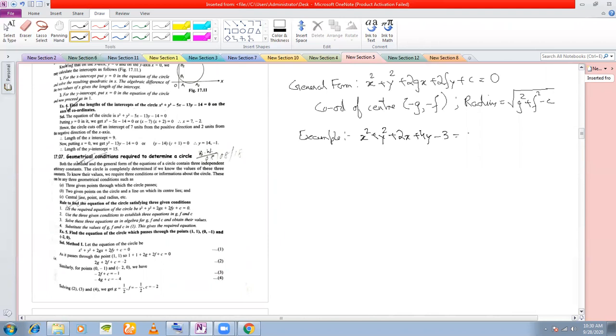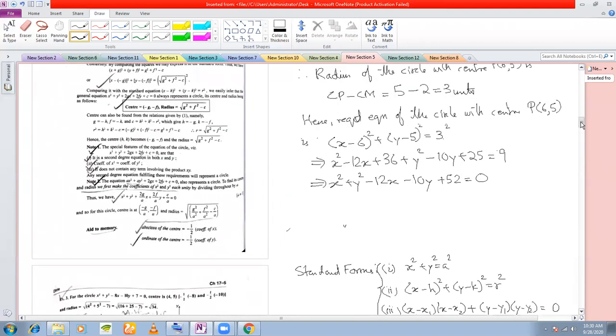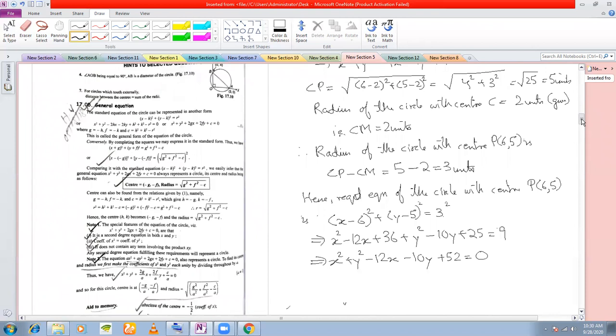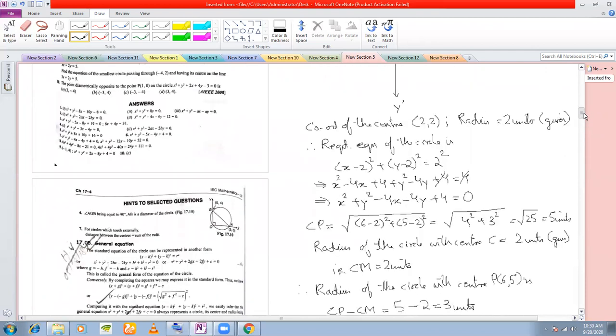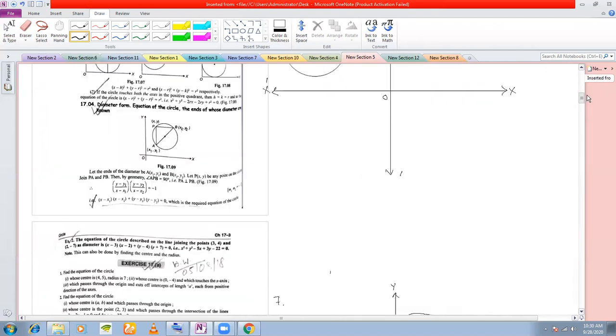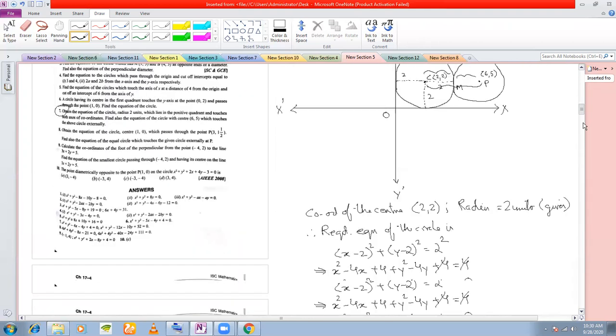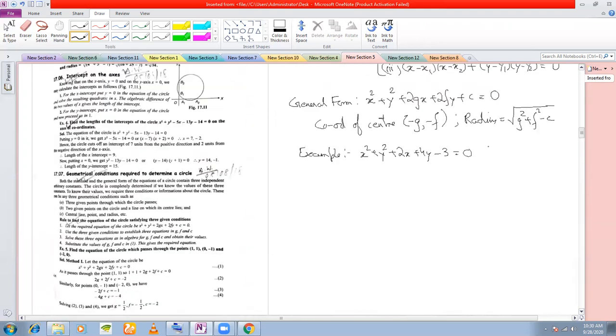This equation. Now in the last problem, what I had done was that I had converted this to the standard form. Okay, where has it gone? I think I have erased that. Okay, fine. When I did that problem, I converted this to the standard form and then got the center and radius. But from the concept of the general form of the equation of a circle, we can get the center and radius from here directly.